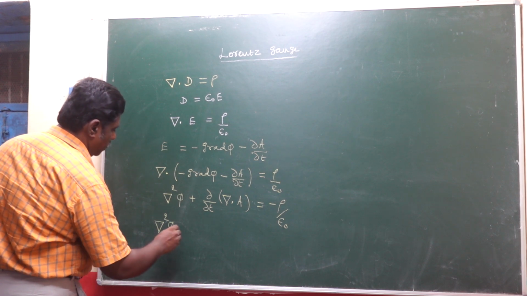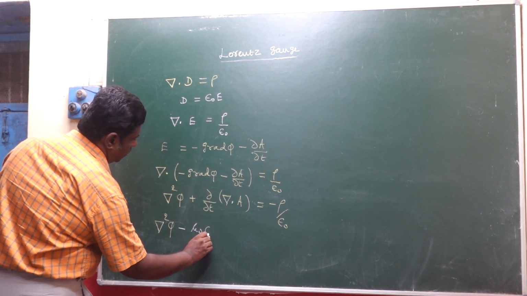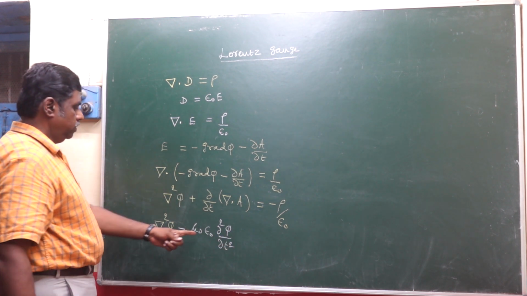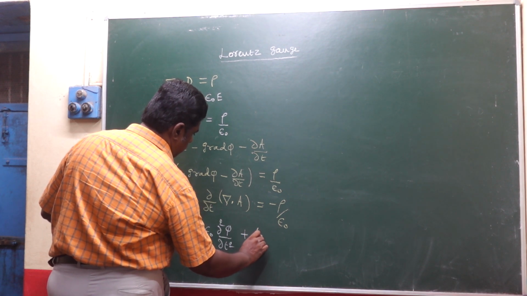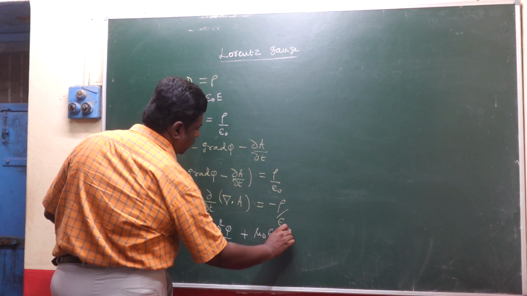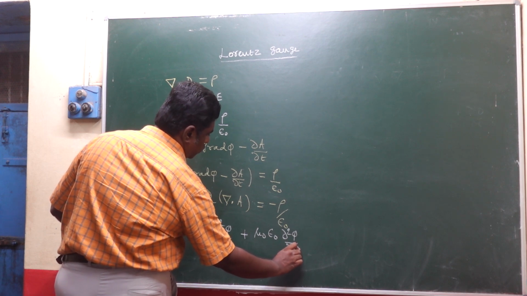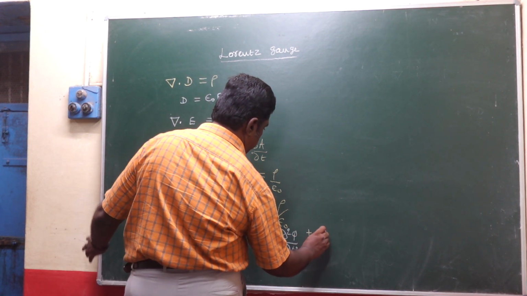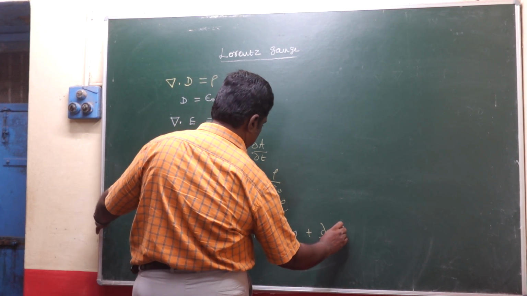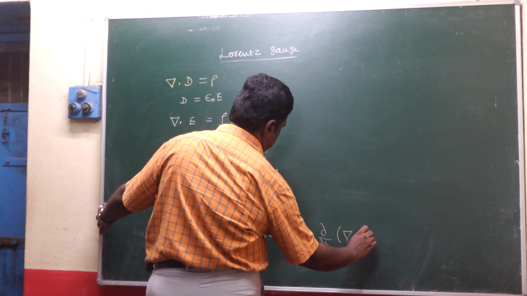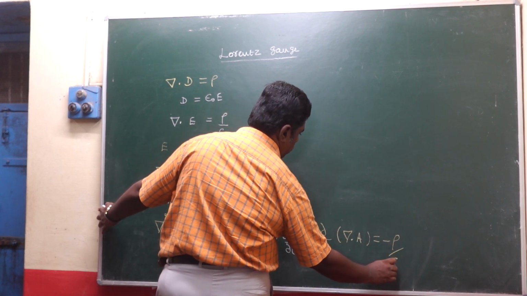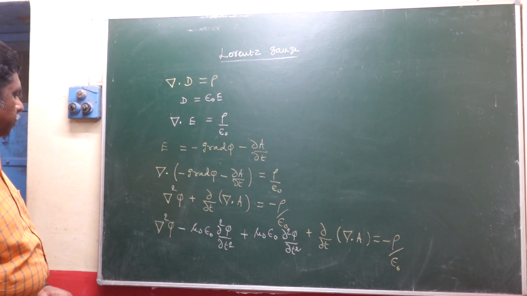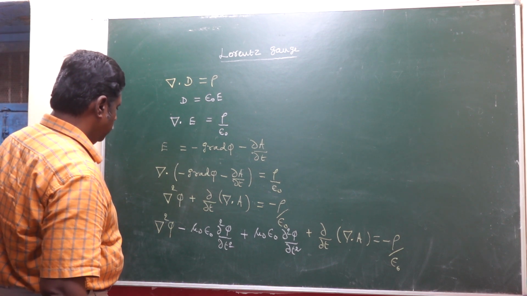Del square phi minus mu naught epsilon naught dou square phi by dou t square. This term is subtracted and add the same term, plus mu naught epsilon naught dou square phi by dou t square. Then write down the term plus dou by dou t of div A, which is equal to minus rho by epsilon naught. If you simplify this, you can get